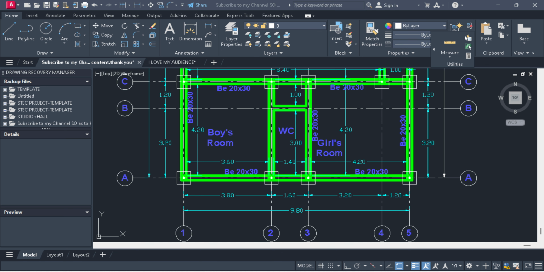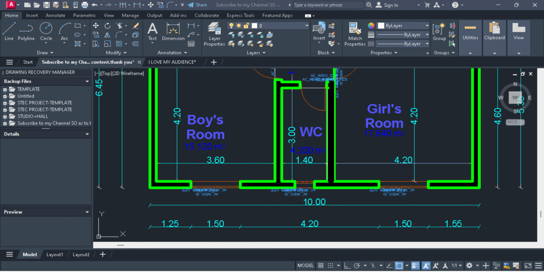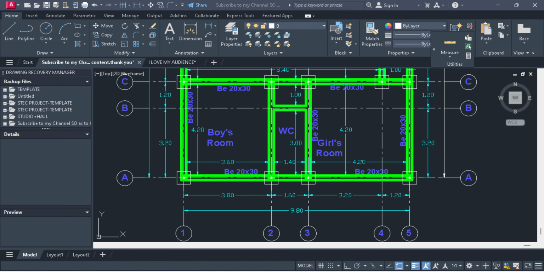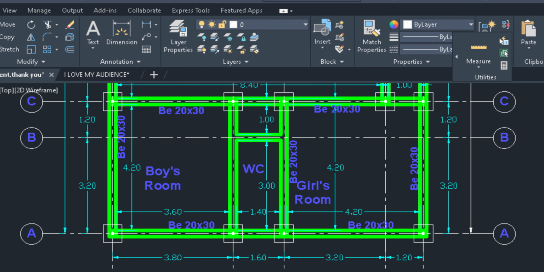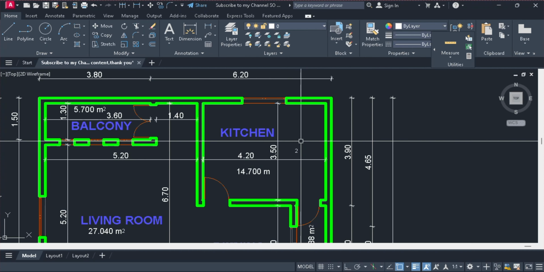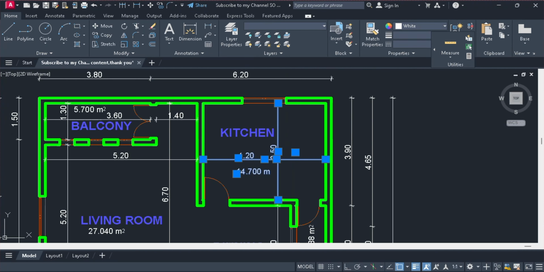At the end of this video, we will have this foundation plan from our distribution plan. Key things we'll do are place columns, beams, footings, axis definition, and equally dimensioning step by step. Let's get to work. To do that, we are just going to select the dimensions, right click and move to